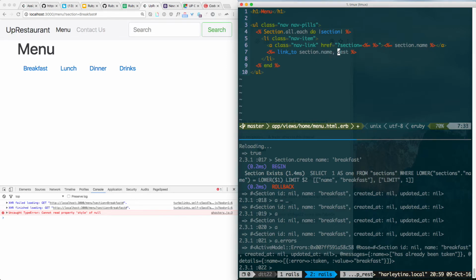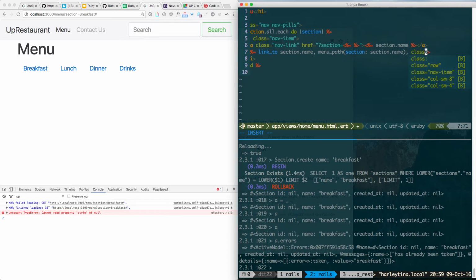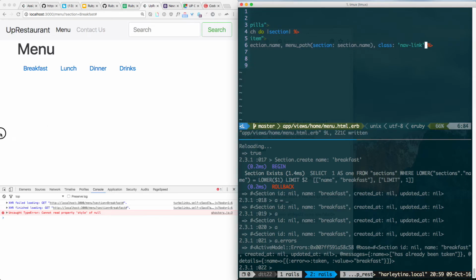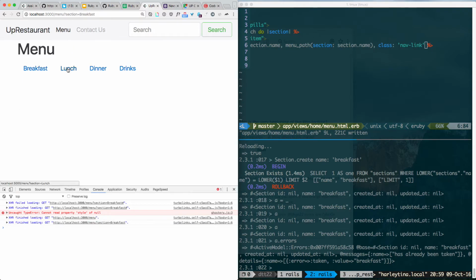It's the same, right? But where do you want it to go to? You want the same path. There may be many paths, but you want to pass the section. This is the param, section name. And you want to tell it the class, map link. Okay, look at these two guys. Are they the same? Yes, right? So I can delete this. Does it make sense, guys? Alright, it makes sense. It means now if I click on menu, and here click breakfast, it goes to section breakfast,